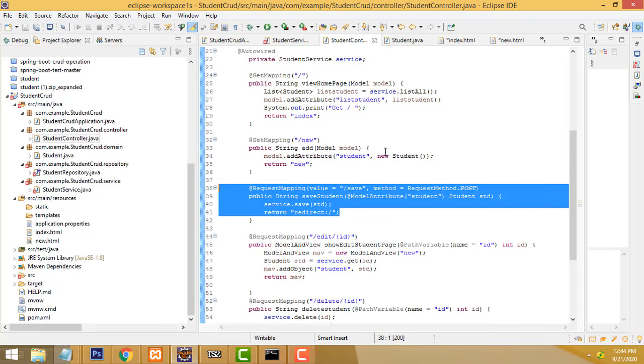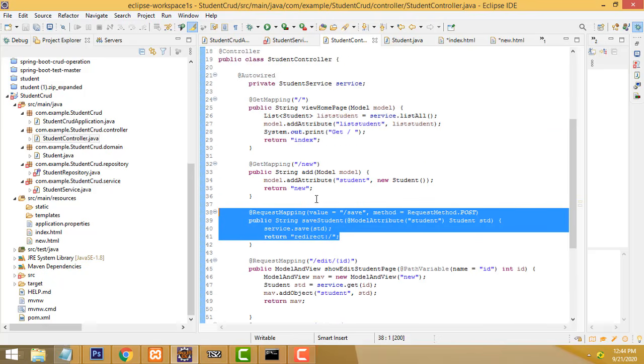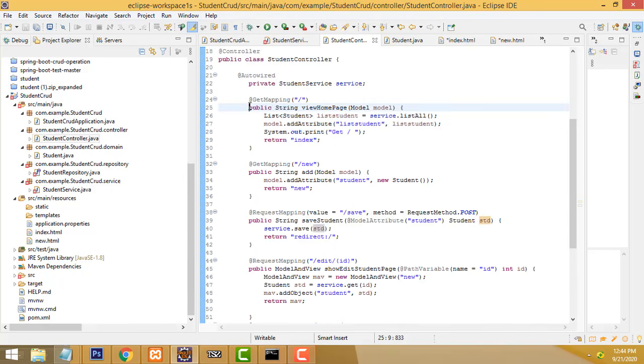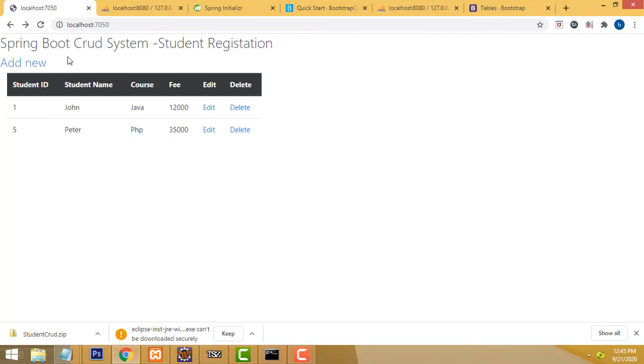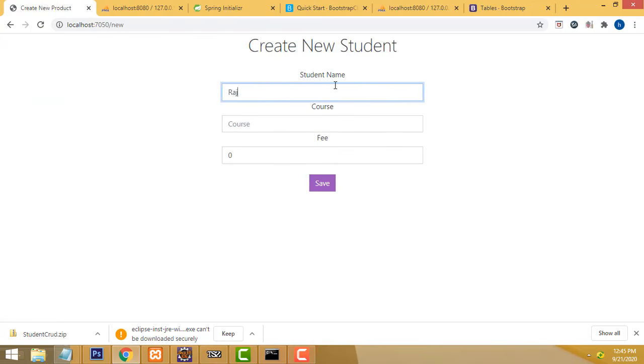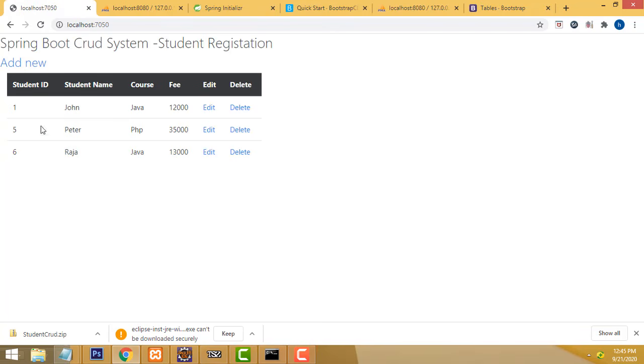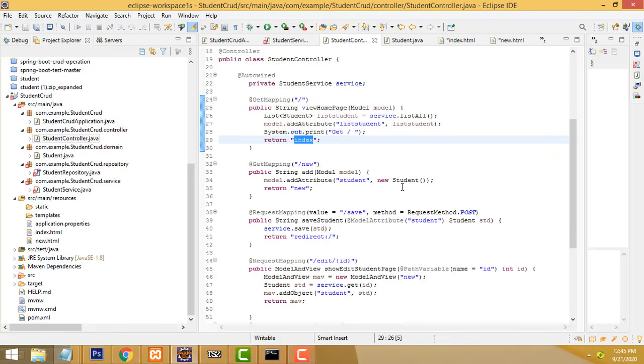After that, this is the thing we have to do first, right? After that, it is loaded. After adding the record, we have to list all the student details. The record you added is listed and displayed here, showing all the student details on my page. In a simple way, you write Raja, course Java, fee 13,000. Click the save button, and you are redirected to the home page. All the details should be showing here. Okay, this is a very simple way it's showing.